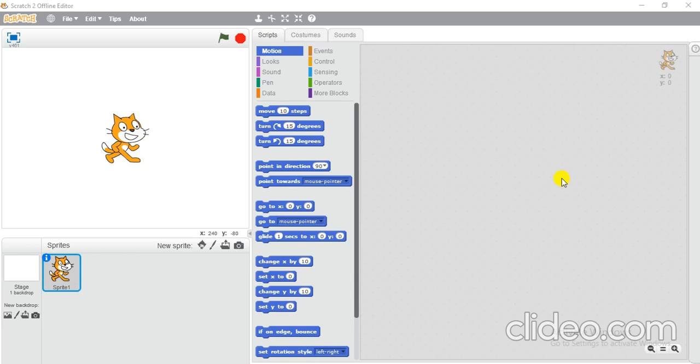First we will see the important components of the Scratch window that you might have learned in your class 3 also. First we will talk about the cursor tools. The cursor tools are located above. You can see over here, these are all the cursor tools. They are located above on the Scratch window.